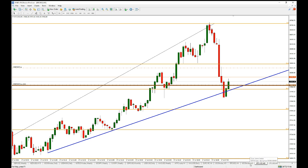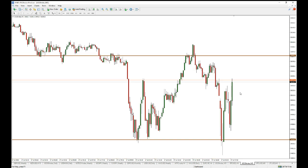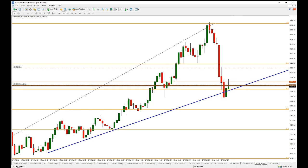Let's look at the Dow. So it did try to keep this level. Looks kind of similar to a little while ago, right? Does that say anything about Bitcoin? Not really. On this short-term chart, I don't know. It'll get too confusing. So now we are going to get a 5-minute bar, but this one is selling off, so it's not looking great. It's not looking great. We can get out and go short,